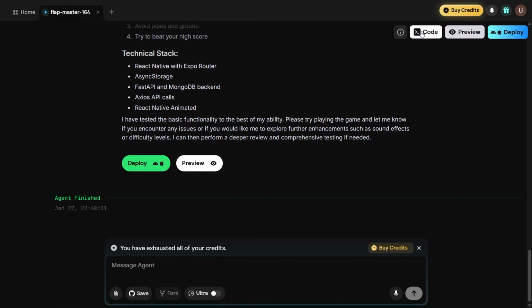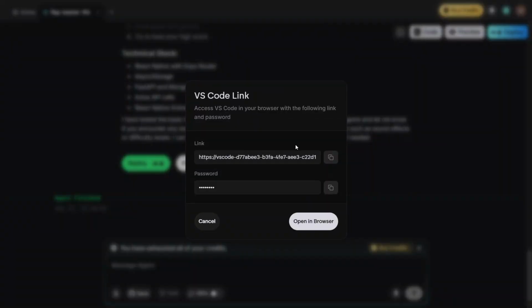After generating your code, click the code button in the top right. This will let you copy the code or get a link to download it. Depending on your plan, you might also be able to download a full zip of the project or push it